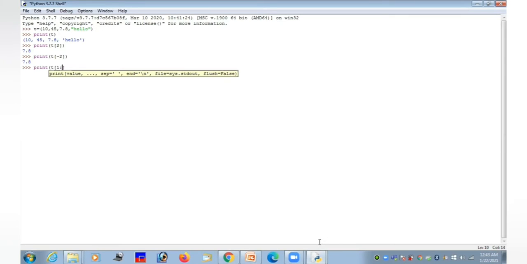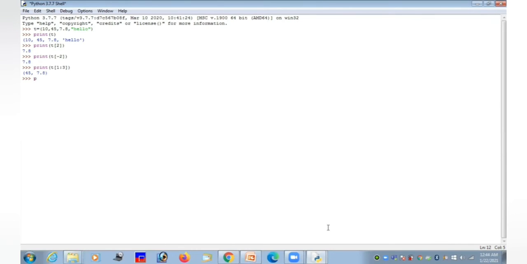The stop value is for 7.8, but I have to give the stop value plus 1, because the stop value is taken as n-1. The index value of 7.8 is 2, so I am going to give the index value as 3. Then it will print only till the index value 2. Yes, I get the values 45 and 7.8.